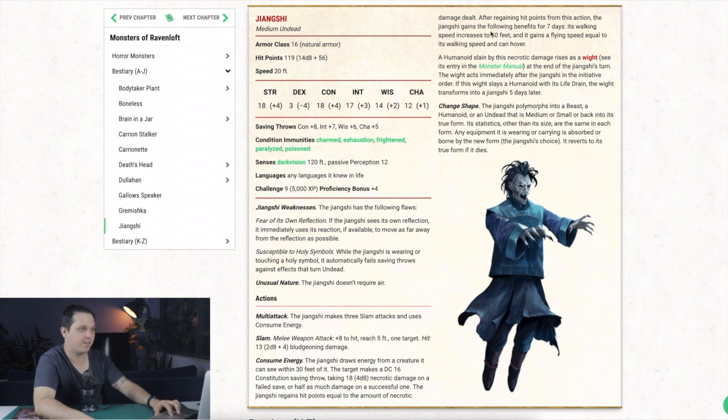After regaining the hit points from this action, the Jiangshi gains the following benefits for 7 days. Its original speed of 20 feet changes to 40 feet, and it also gets a flying speed equal to its walking speed, and it can hover, which is terrifying. At first, it just looks like a zombie. It's no big deal, guys. We got this. Now it flies and it moves 40 feet. Whoa, okay. A humanoid slain by this necrotic damage rises as a wight at the end of the Jiangshi's turn. The wight acts immediately after it on its initiative order. If the wight slays a humanoid with its life drain, the wight will then transform into one of these things